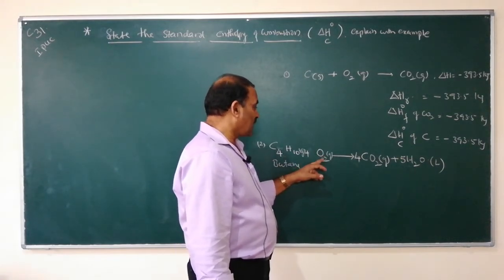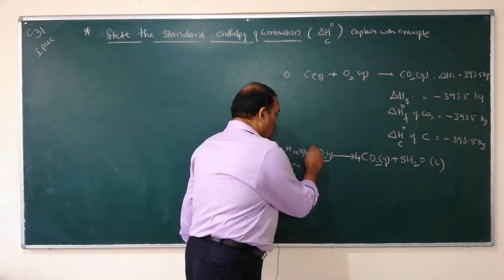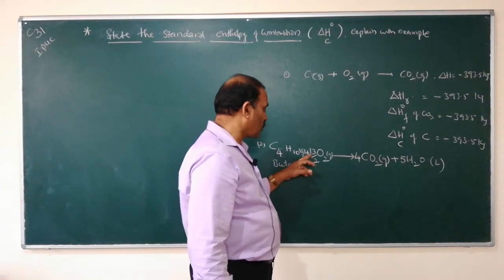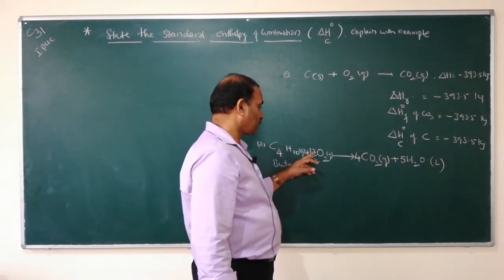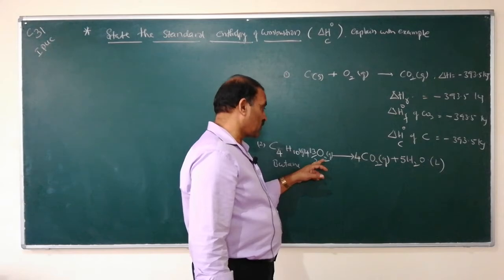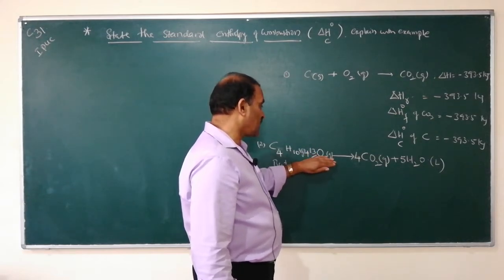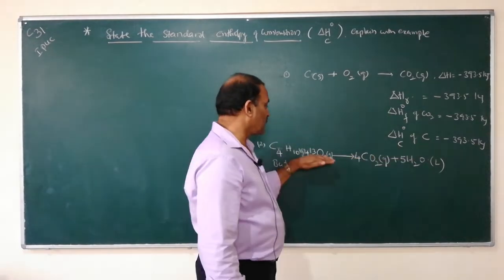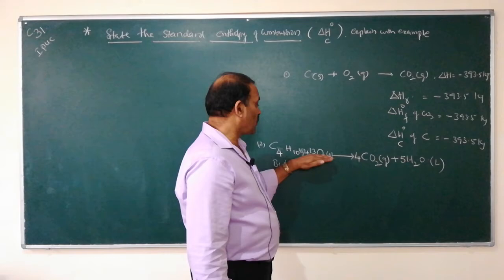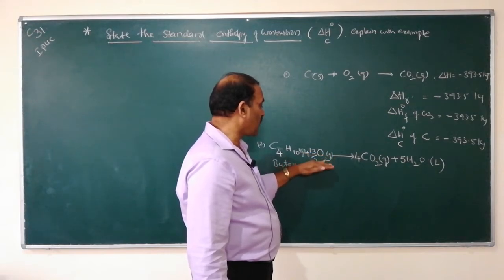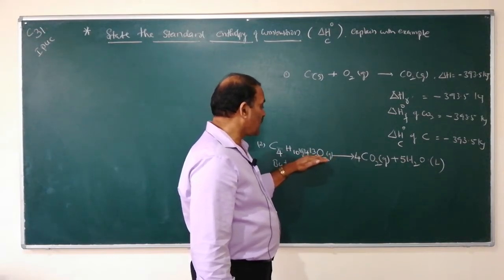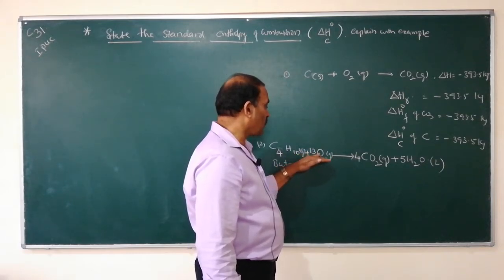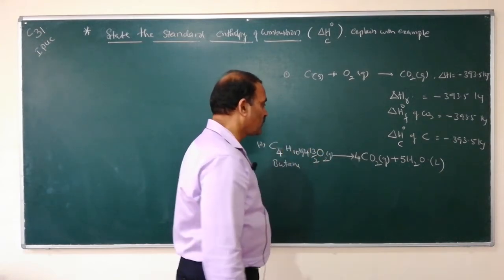So here the O2 molecule is there. So it is 13 by 2 O2. 13 by 2 O2 means 6.5 oxygen molecules or 13 oxygen atoms. Here 13 oxygen atoms, here also 13 oxygen atoms. The equation is balanced. Since oxygen is written in the form of molecules, in terms of molecules it is 13/2 or 6.5 O2 molecules. Now the equation is balanced.